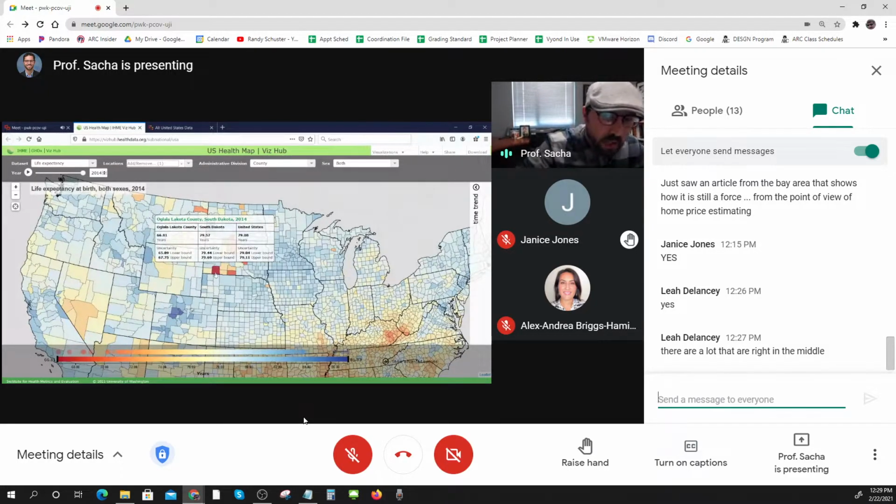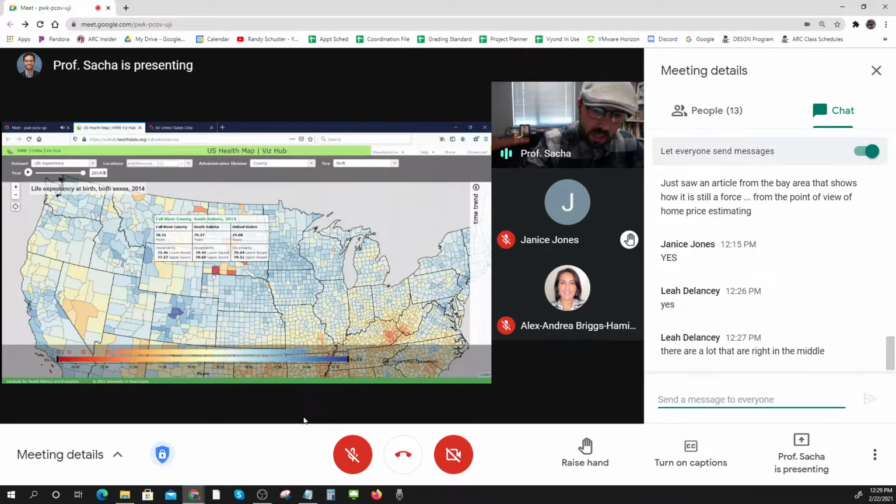Oglala Lakota County, South Dakota. The county, at least in 2014, that had the average lowest life expectancy in the United States. Folks in 2014 who were living in Oglala Lakota County were living on average to only be 66.81 years old. This is about 13 years shorter lifespan than other folks in their state, and than other folks in the United States.